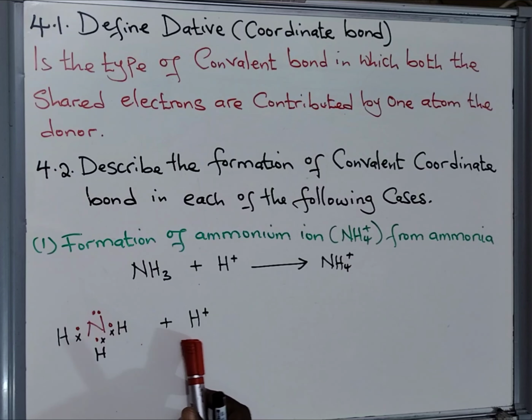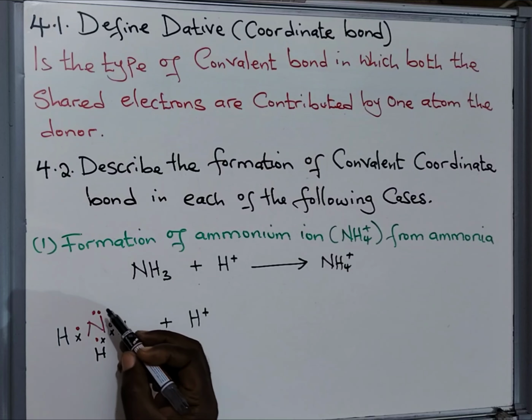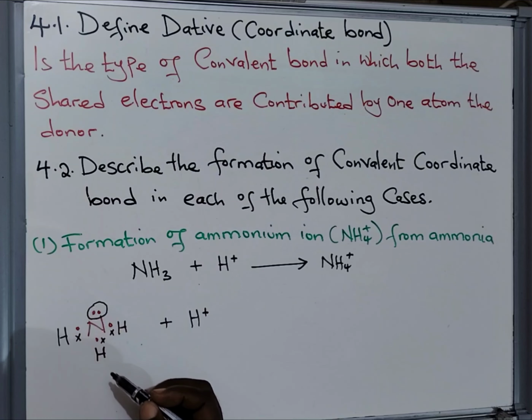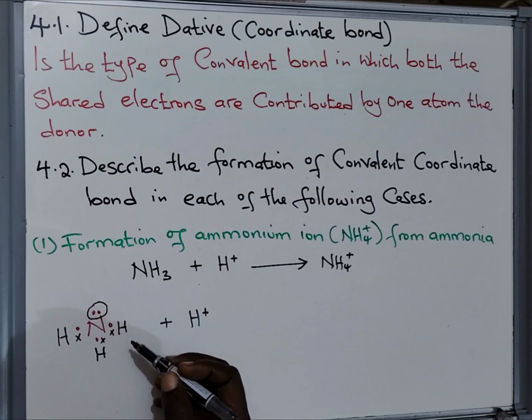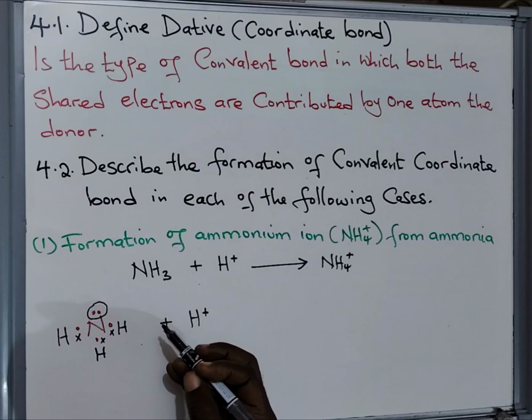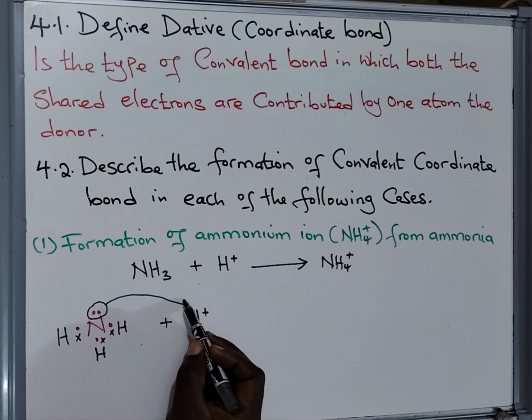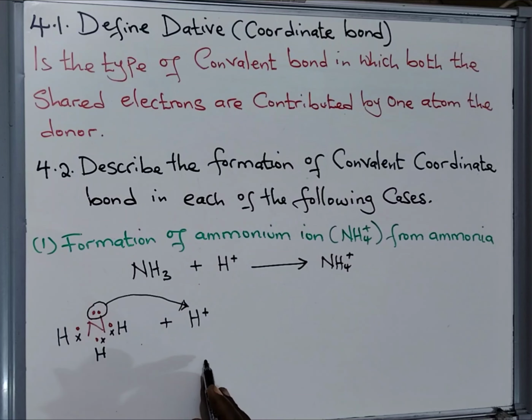So, in other words, this hydrogen ion we have here does not have an electron. So, what is going to happen here is that these 2 electrons, or these 2 paired electrons, which we call a lone pair, is the one which is going to be used to bond with hydrogen,